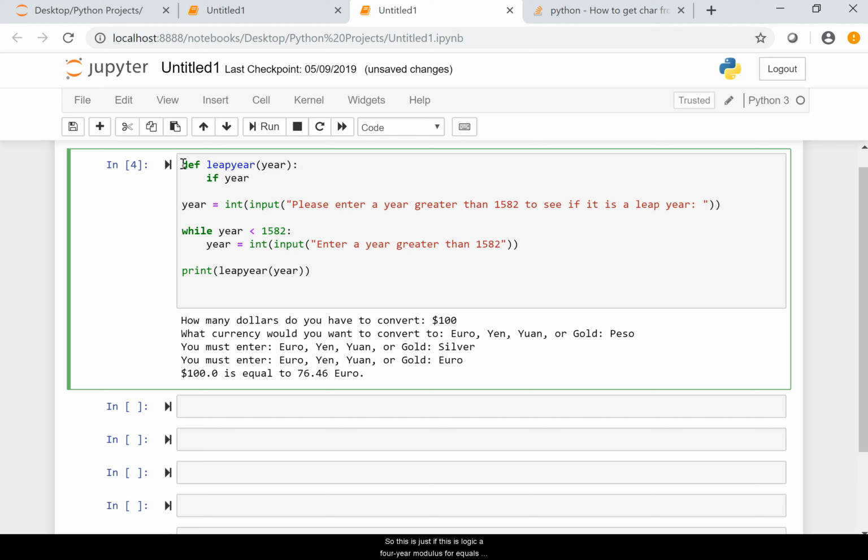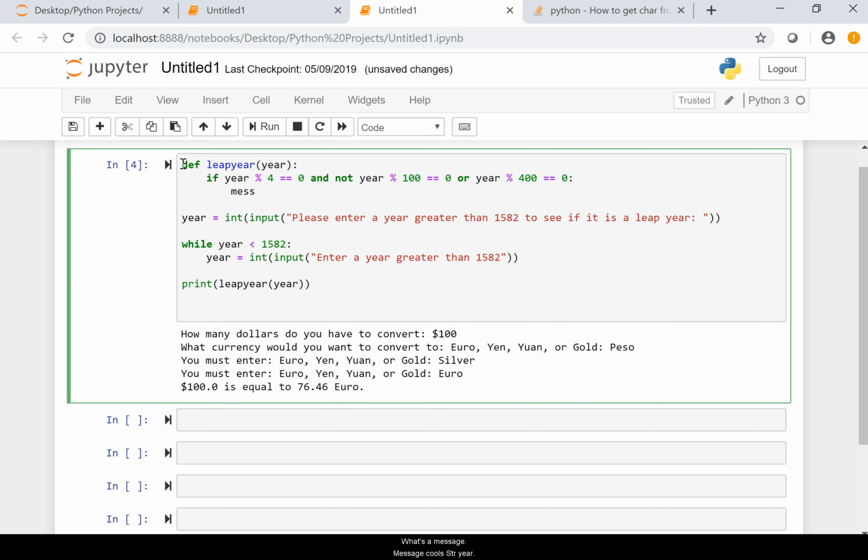If year modulus 4 equals 0, and not year modulus 100 equal to 0, or year modulus 400 equals 0, we'll say message equals str year plus is a leap year,